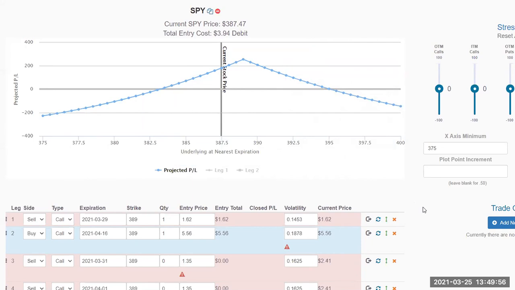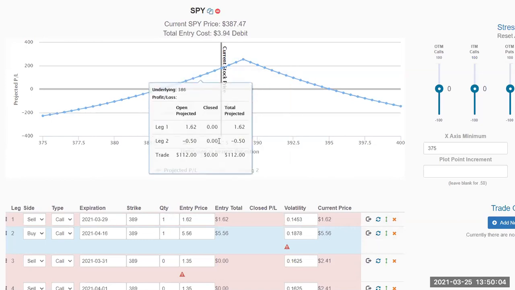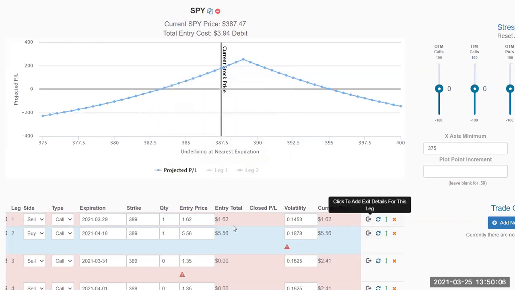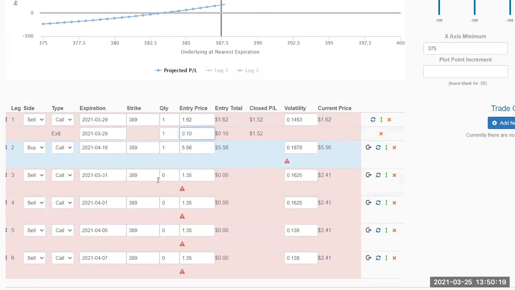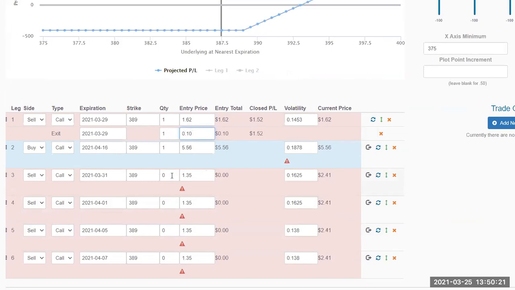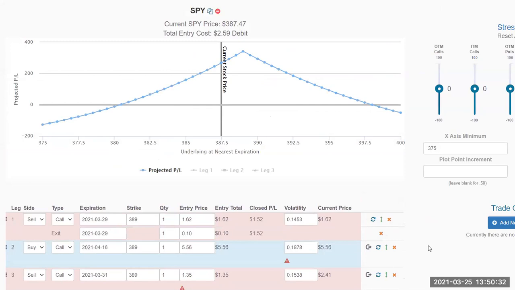Okay, so that's what we're dealing with. Can you suffer a small loss? Yeah, but it's a 394 debit. So here's what we do, right? Same thing. And you can create a 1-point diagonal if you want to go a little bit different than that, right? So we're going to go 0.10 again. And then we're going to sell the 389 at 1. We'll assume 1.35, right? And now here's our trade.